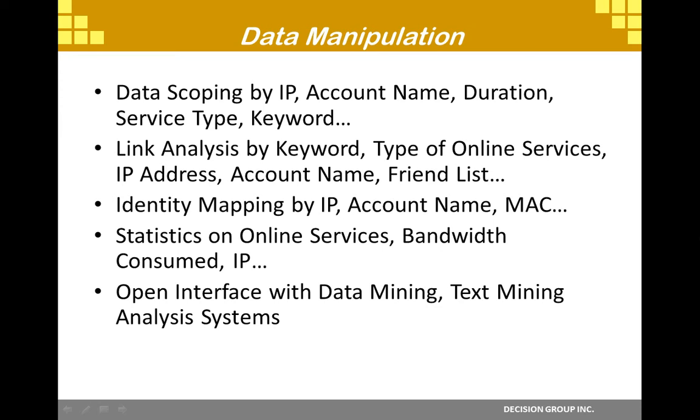You can go in by keyword and do a link analysis and say, I want to look at Twitter sorts of things, or I want to look at things from this account name. You can do identity mapping by IP or account name. This is very important because some users have multiple accounts. Maybe one user might use another person's PC to do their data. And then there's statistics. We can look at bandwidth. You could say, for example, why is somebody sending 10 gigabytes of files at 10 p.m. at night? And then the other important thing is that we have an open interface. And what this means is